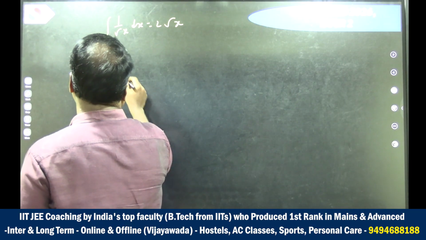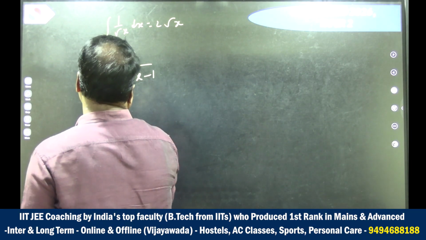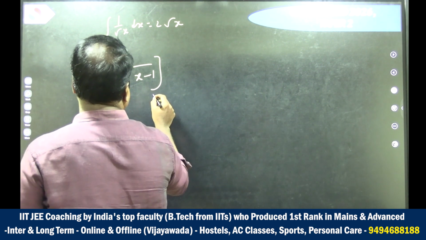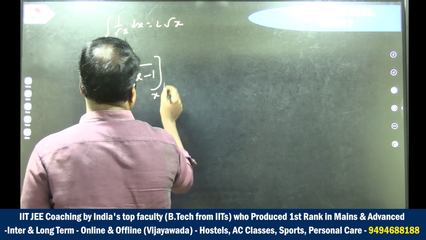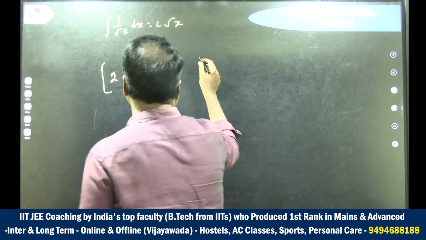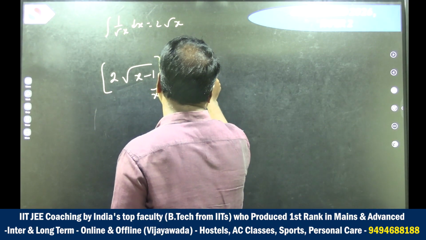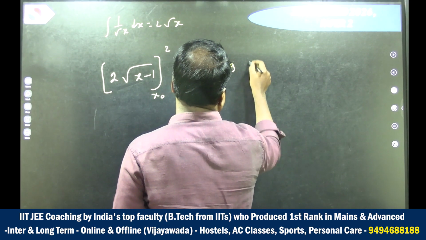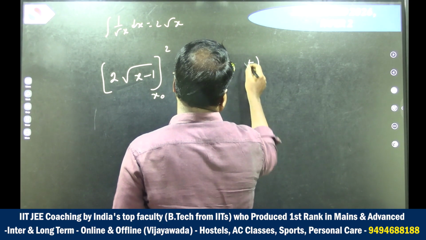We apply the same here, so it becomes 2 root x minus 1 between the limits x0 to 2, and on this side there is small a by capital A root 4g, and on integration here we got